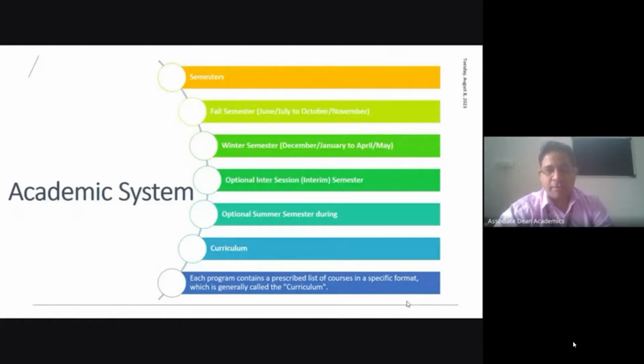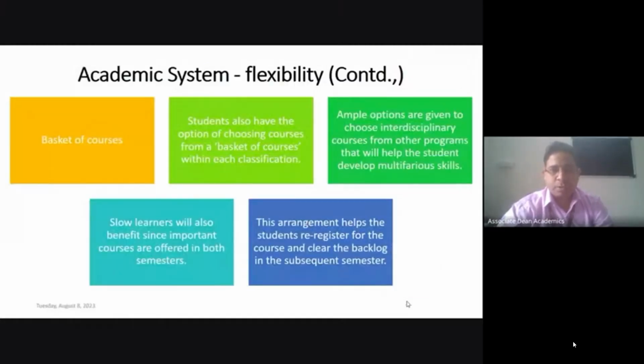So you should always be aware of your curriculum, what are the various categories of courses, like program core category, program elective category, university core category, and university elective category. And then there might be some subcategories under a particular category. Like university core consists of natural science core and humanity and management core. Then university elective consists of natural science elective, humanity and management elective, and open elective, also called free elective. Okay, so under each main category there might be some subcategory, and within each subcategory also you will have a list of courses.